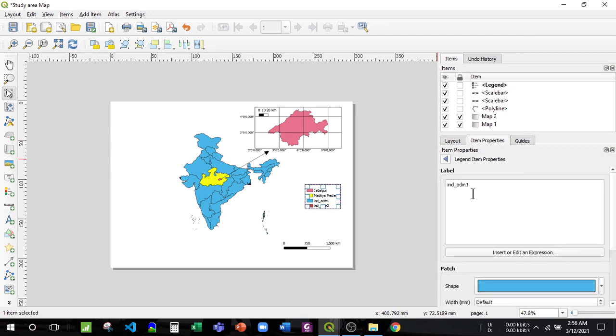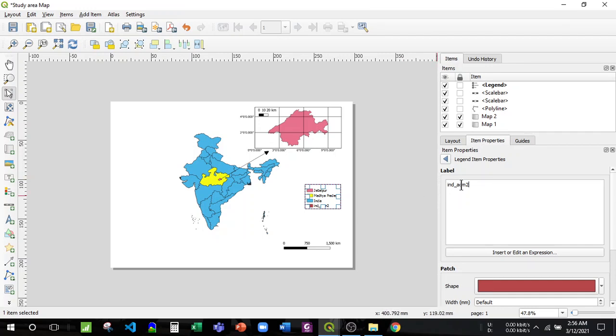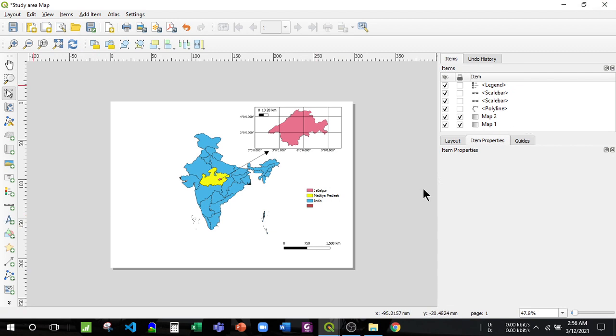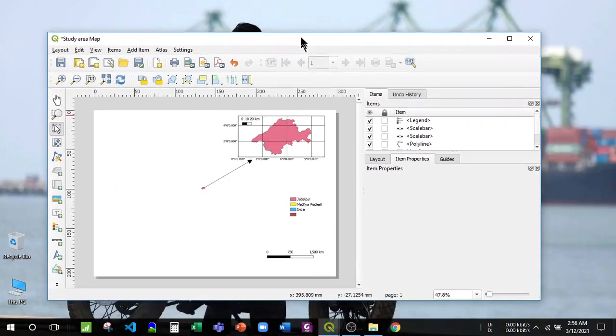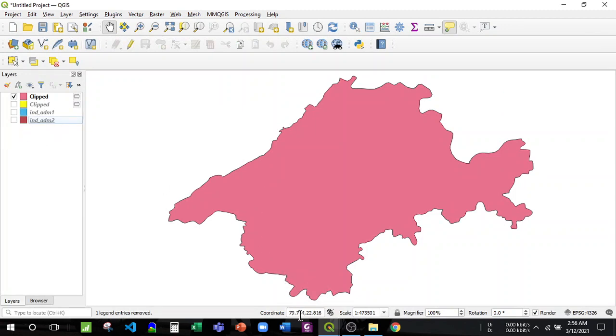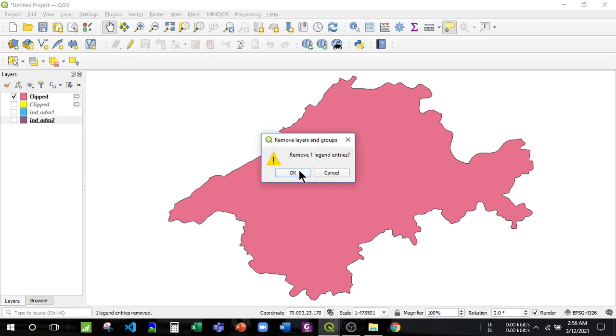This was India, and I have to remove this. Okay, see, I have to remove, so to remove this, what I have to do is go here, sorry, go to here, and then remove this region. Then I'll remove this layer. Okay,